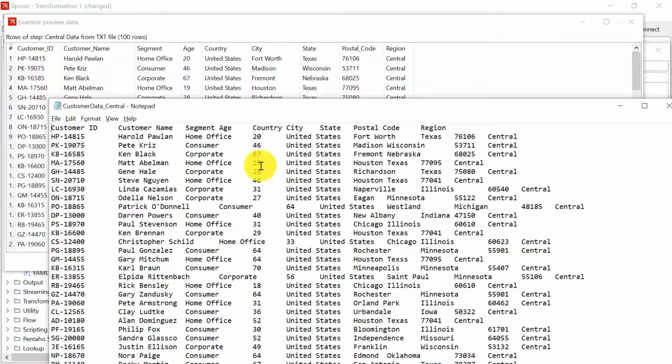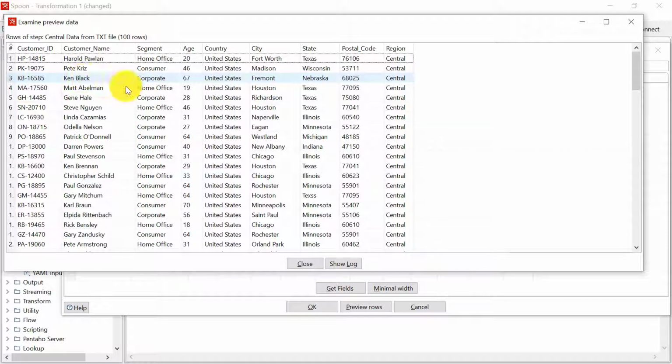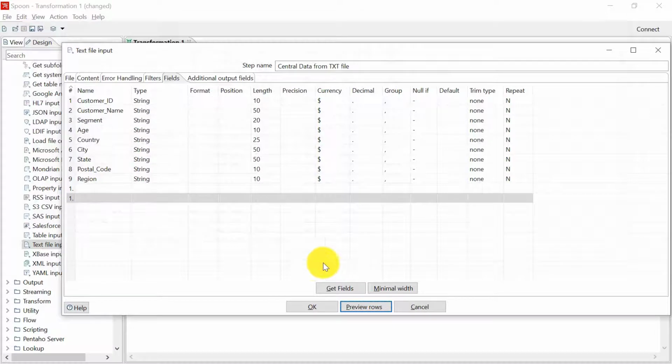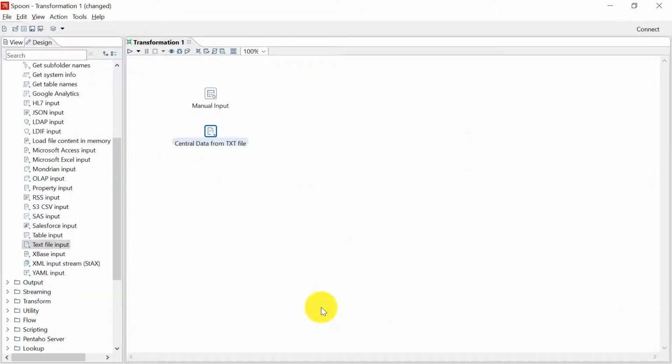You can compare that the first row is actually Harold Pavlan. So it seems that this step is correctly extracting the data from the text file, and we have this data in PDI now. Click on OK, and that's it.